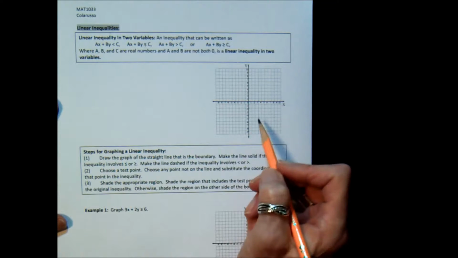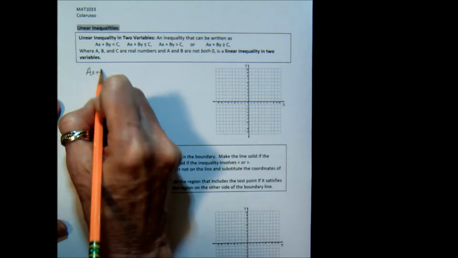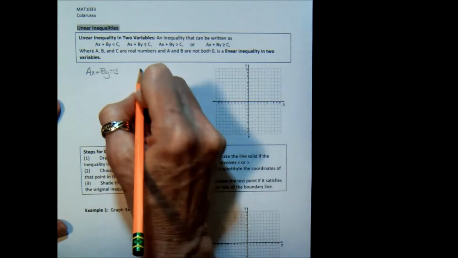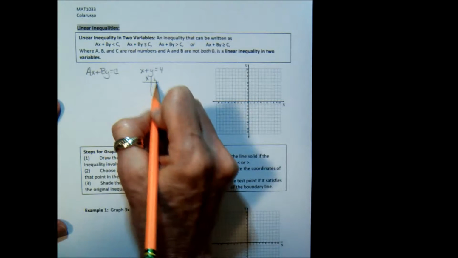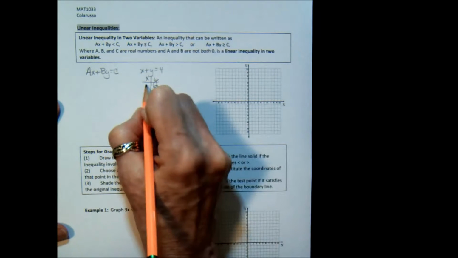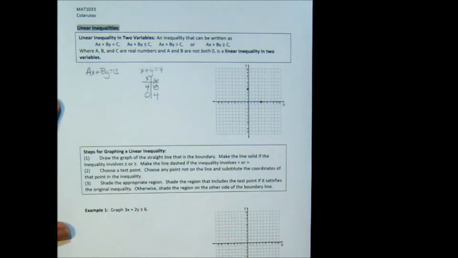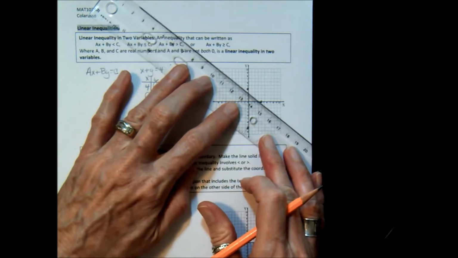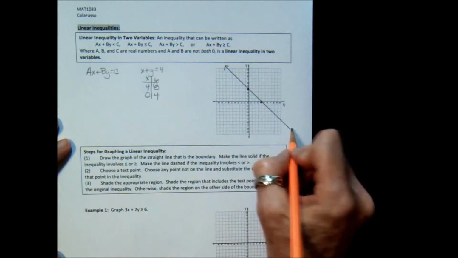So I want to give you an example so you understand how it's different than just an equation. Let's start with an equation, ax plus by equals c. We'll just use a simple one, x plus y equals 4. If I were to do an xy table to get 2 points in order to graph that equation, and I just happen to use the intercepts, I would have the points 4, 0 and 0, 4. So 4, 0 and 0, 4 are those 2 points right there. If I connect those 2 points and draw my line, then every point on that line is a solution